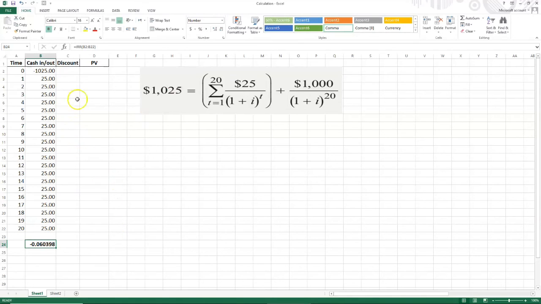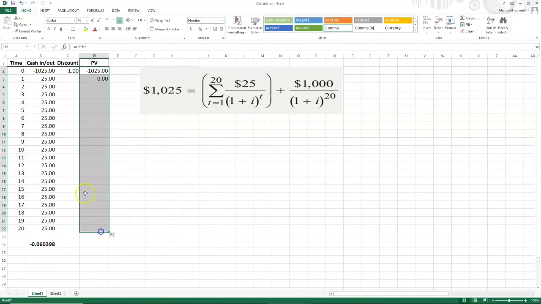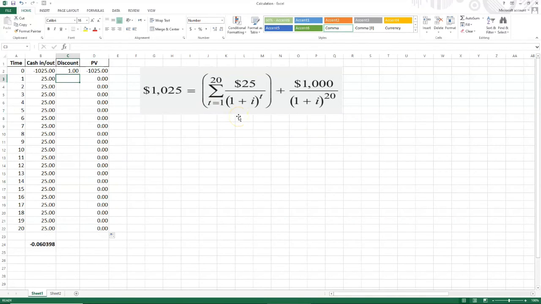Okay, so now the discount factor at time 0 equals 1, because we don't discount this, since it is today, so it has the same value. And then let us drag this across. Now, how to calculate the discount factor? The discount factor simply means 1 divided by